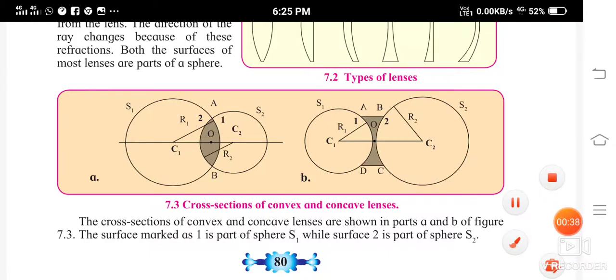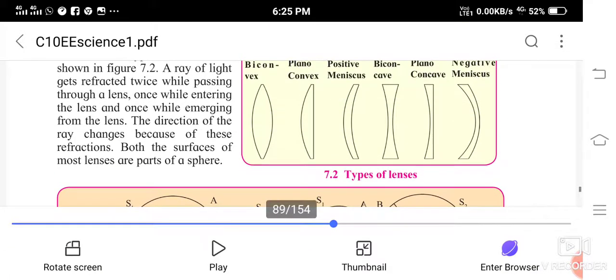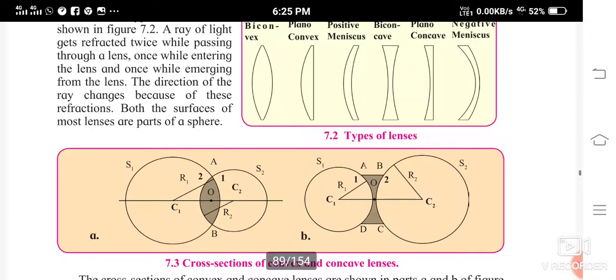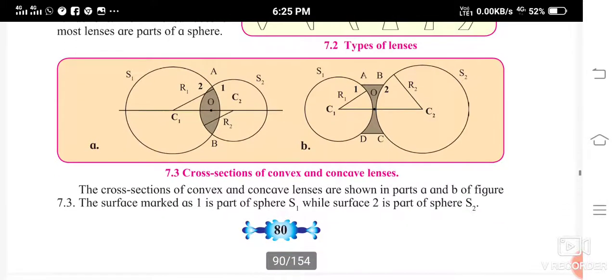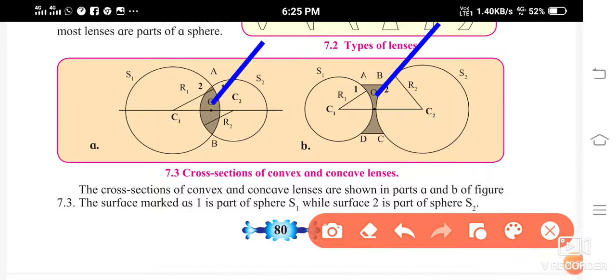Okay, what is the cross section? You can see this dark colored part, right? And here also the dark colored part. So that is, this dark colored part, okay, it is a convex lens and this is a concave lens, isn't it? Yes, the middle one. So see, now in this figure,